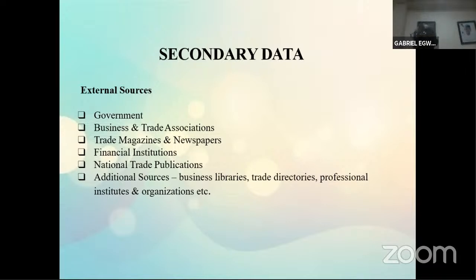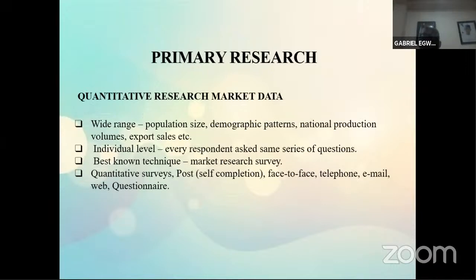Then there are professional institutes that people get information from. You understand? Builders Association, ICAN, those are professional institutes. So, I said primary research is the key here. And primary research